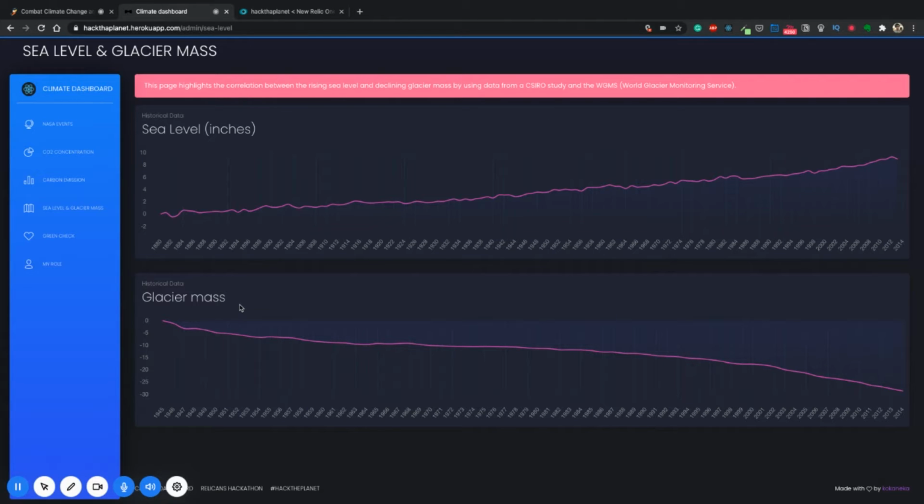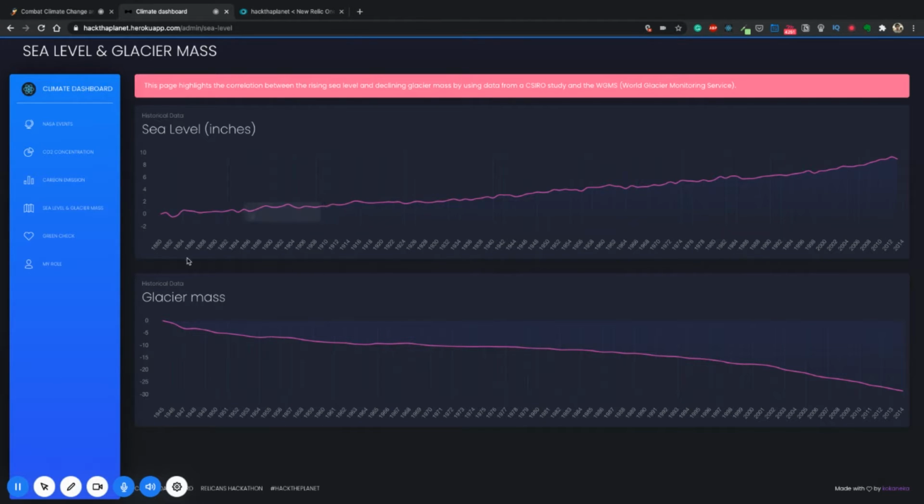As the temperature goes up and the sea level increases at such a rate, we see a correlation in the glacier mass, which is going down. From 1945, when the study started, towards 2014, we see a negative 28 point drop in the glacier mass. If we compare these two graphs, they are in correlation with each other.